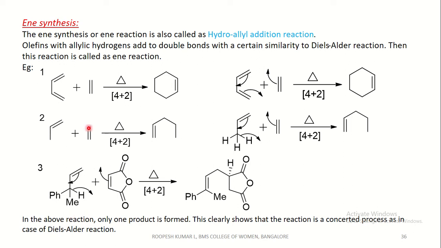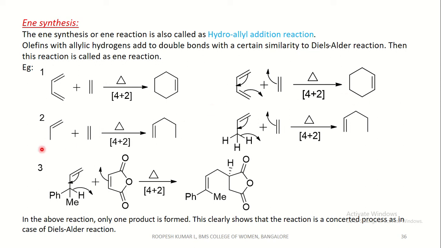Coming to the first example, which is a perfect Diels-Alder cycloaddition reaction. This is a diene, to be specific, a butadiene, which reacts with a dienophile. That is a 4+2 reaction. We get cyclohexene. This is the mechanism. This double bond, the pi bond, shifts here, which forms a sigma bond. This pi bond shifts here to form a double bond. This pi bond shifts here to form a sigma bond to give cyclohexene.